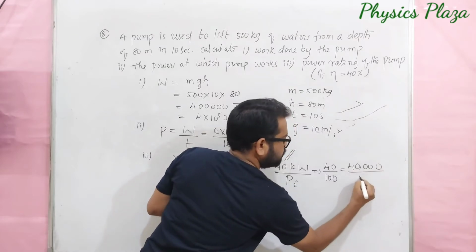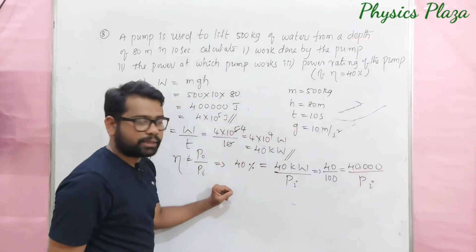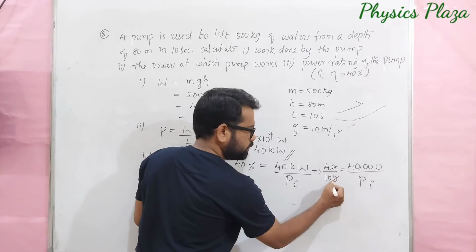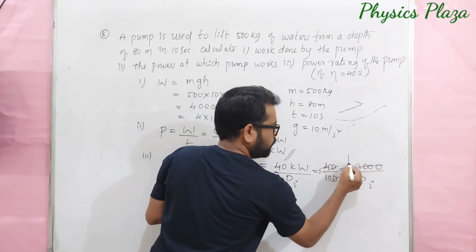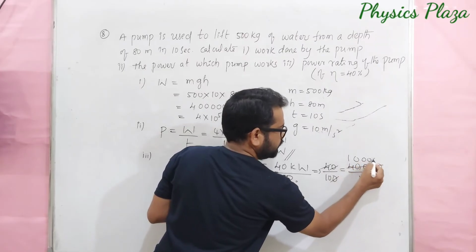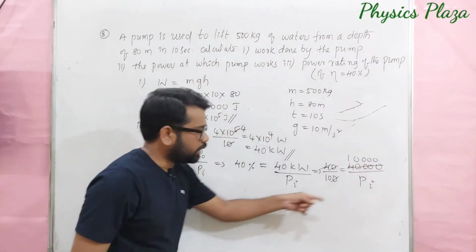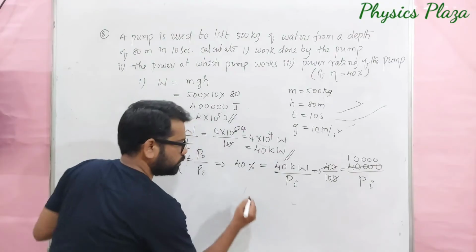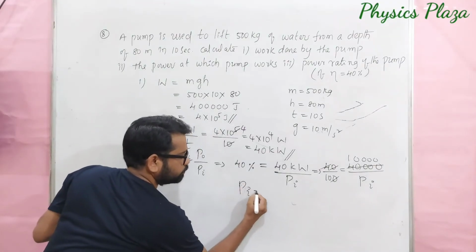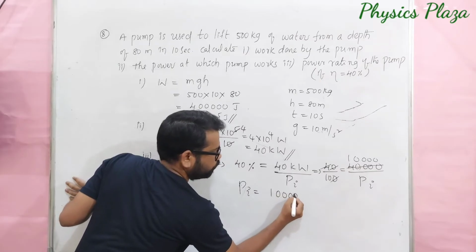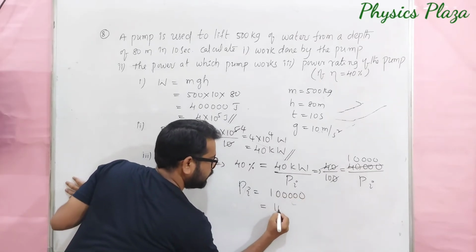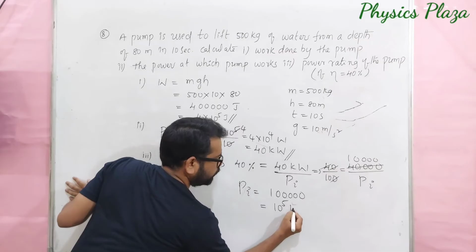1000 watt by it is a PI. Now let us calculate here. So here the zeros get cancelled. So 4 1s are 4, then 3 zeros, it will be there with the 4 zeros. Again just do the cross multiplication. So here we will get PI is equal to, so 1 2 3 4 5. So we will get 10 power 5 watt.